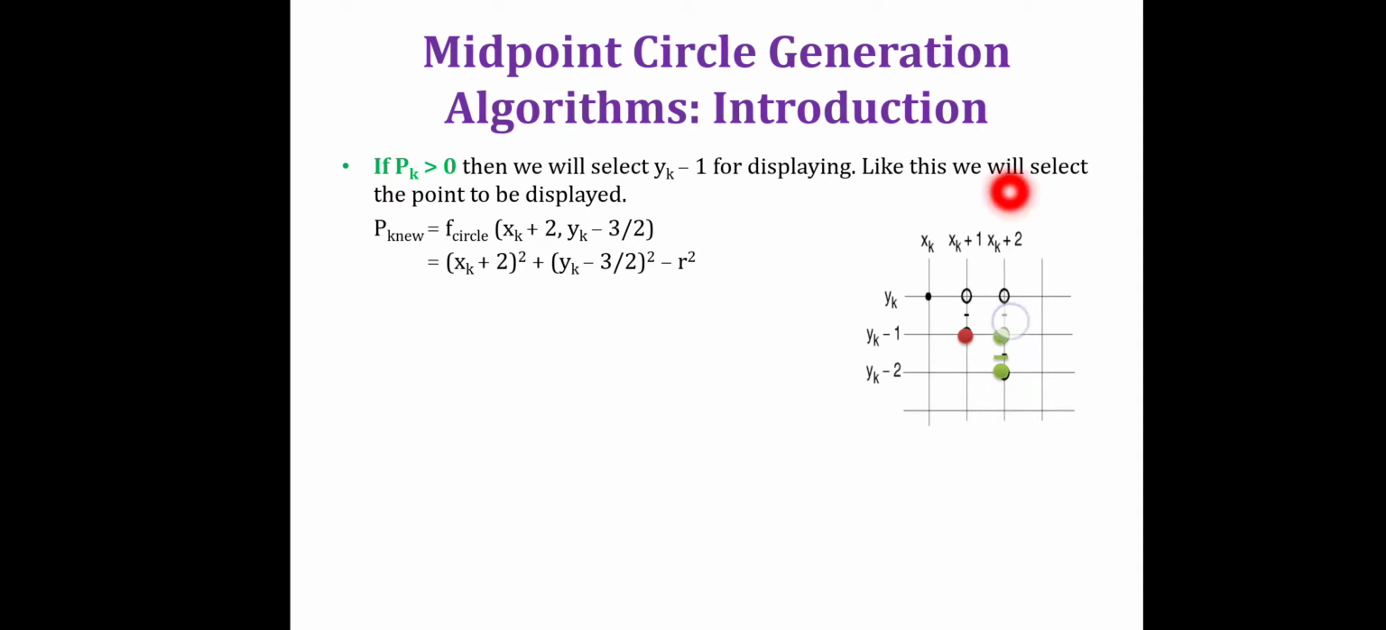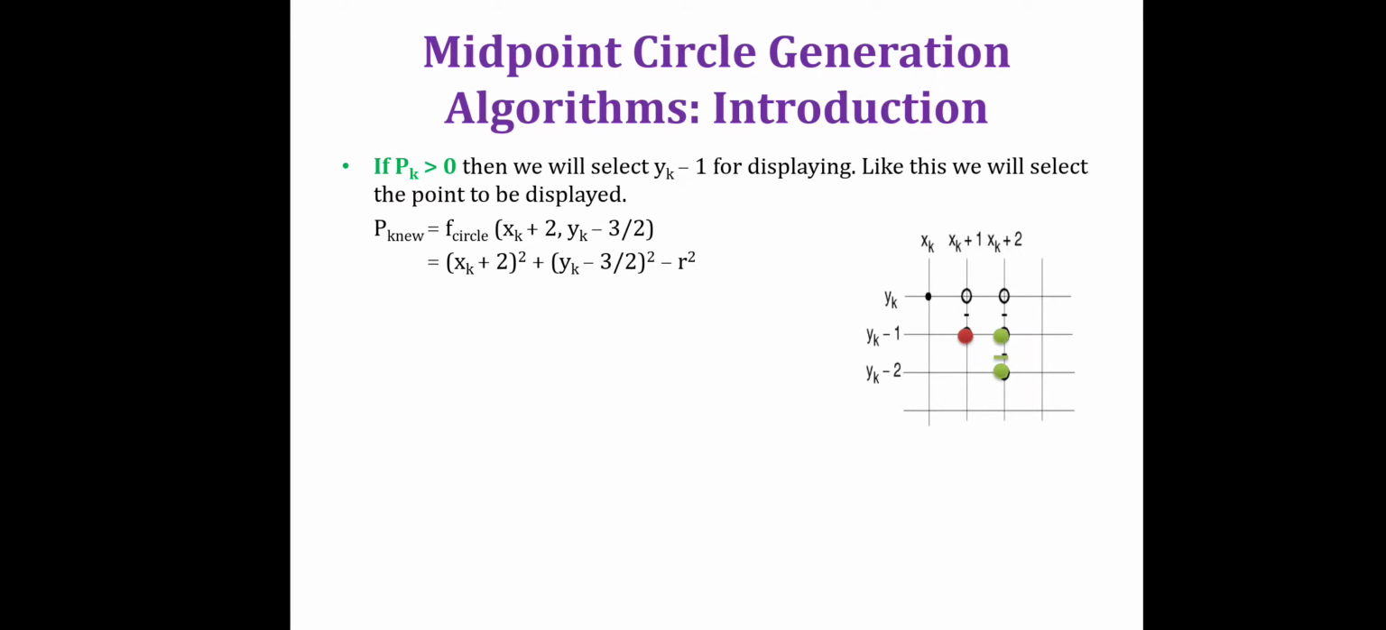And what is the coordinate of this? It is 1 by 2. So 1 by 2 plus 1 is nothing but 3 by 2. So that's why it is yk minus 3 by 2. Not exactly the 3, not exactly the 2, not exactly the 1. That's why it is in between 1 and 2, that is 3 by 2. Okay. So this is xk plus 2 bracket square plus yk minus 3 by 2 bracket square minus r square. So then you have to solve this pk new,